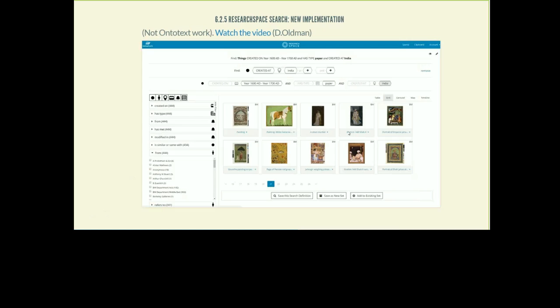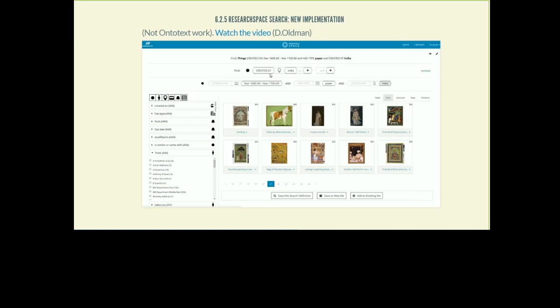Now, after the end of our involvement with ResearchSpace, the project continued and a new version of the search was implemented, much better UI, but the same basic ideas. You have the different fundamental entities that you can search for. You have here building up one condition for the search.